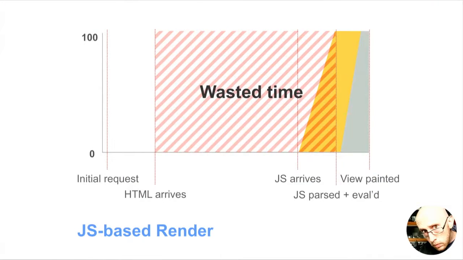Next, we're going to talk a little bit about universal rendering. So Paul Lewis put up these really interesting graphs a few weeks ago. He said that in a JavaScript-based render, you're usually reliant on all of the script to be downloaded, parsed, and evaluated before you can render the page. This ends up wasting a lot of time when the HTML arrives to when you give the user something meaningful